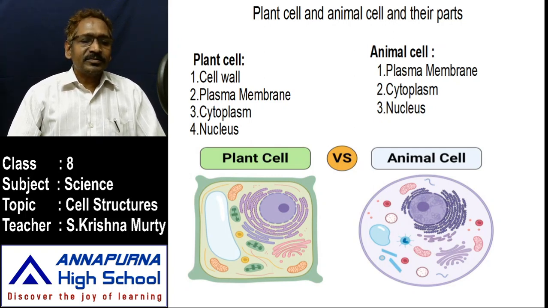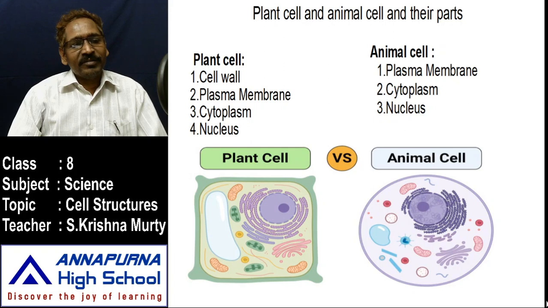Once again, read them. The outermost layer is the cell wall, beneath that is the plasma membrane, beneath that is the cytoplasm, and at the center of the plant cell is the nucleus. In the earlier class, we learnt about the functions of the cell wall. Once recur about that. The cell wall is the outermost membrane, which is green in color. While observing this diagram, wherever the light green color is, that is the cell wall.